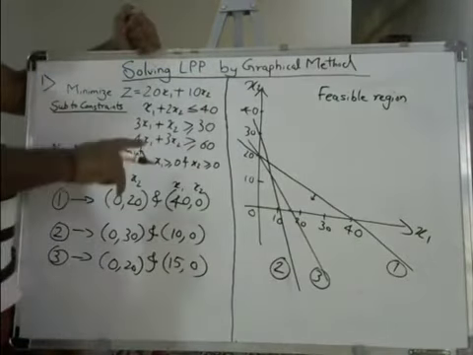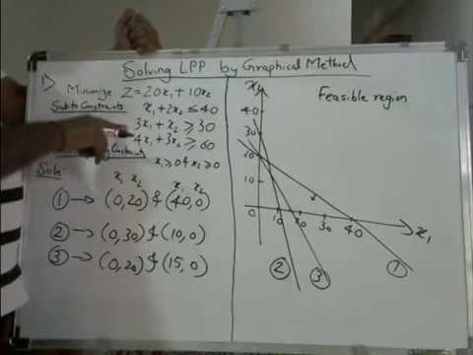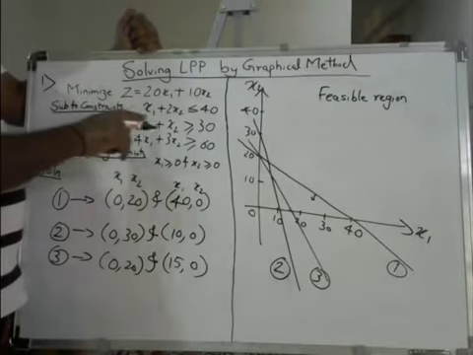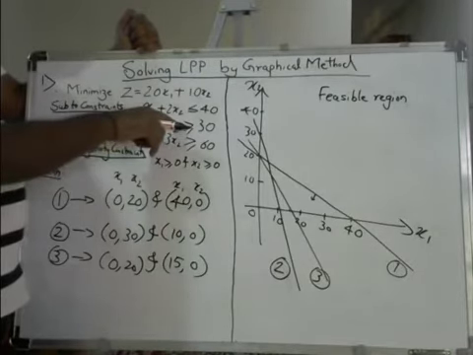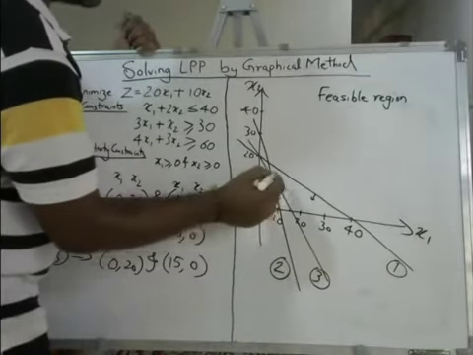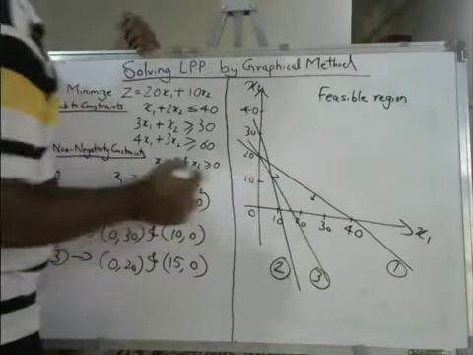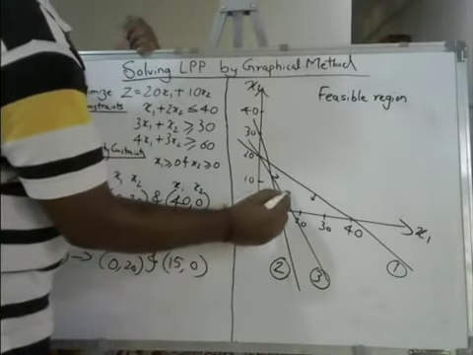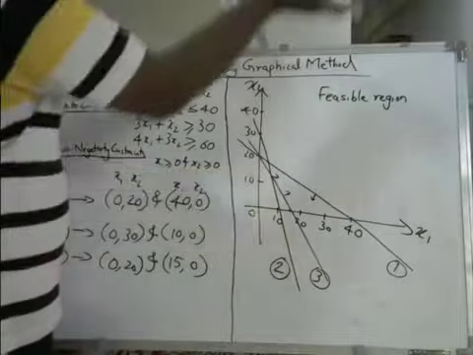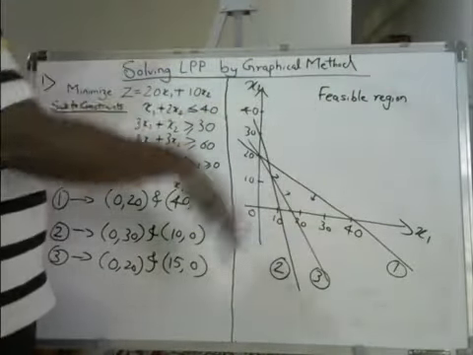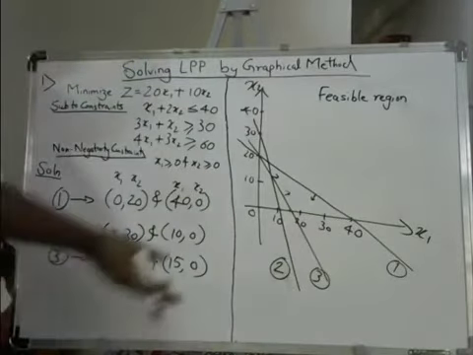Okay? And the second equation says that the feasible region lies above this equation. So for the second equation, it is above. You can see. And the third equation also says it is above. Now this will be the direction. This is the above and this is the below direction. Now why is it so? Why is it called above?